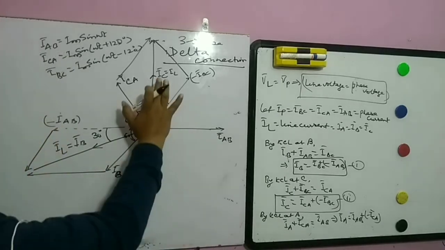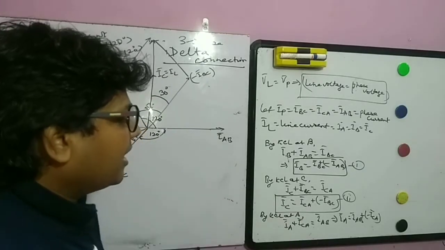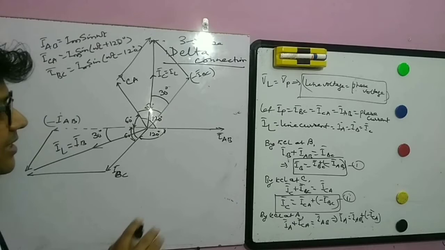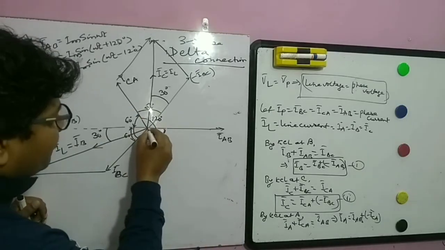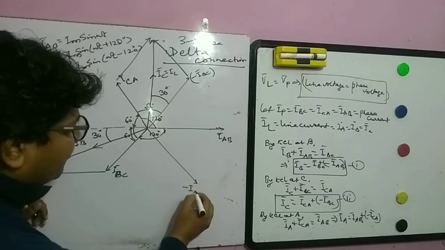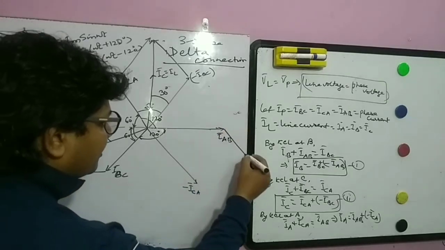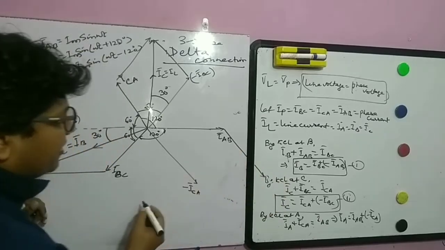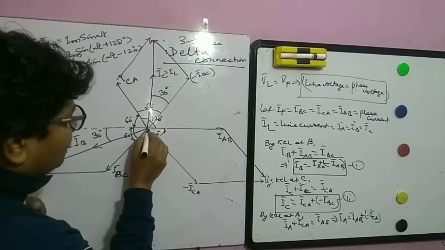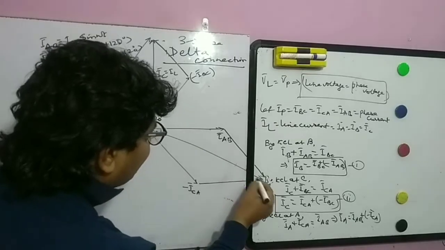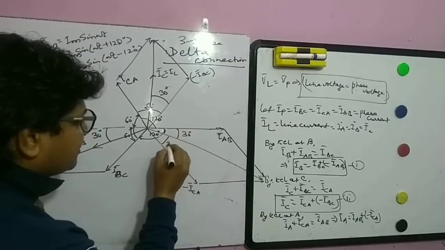Fine. Now IC, IB, the third one is IA, and IA is the phasor sum of IAB and minus of ICA. So minus of ICA you can get from this, right? So you are going to draw a parallelogram here. This is the way, right? So you are getting a parallelogram here. So what is the resultant? This is the resultant, and this is 30 degree, and this is 30 degree.